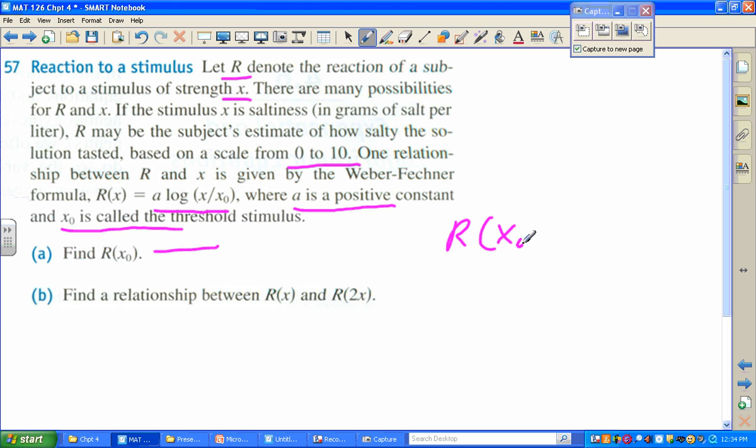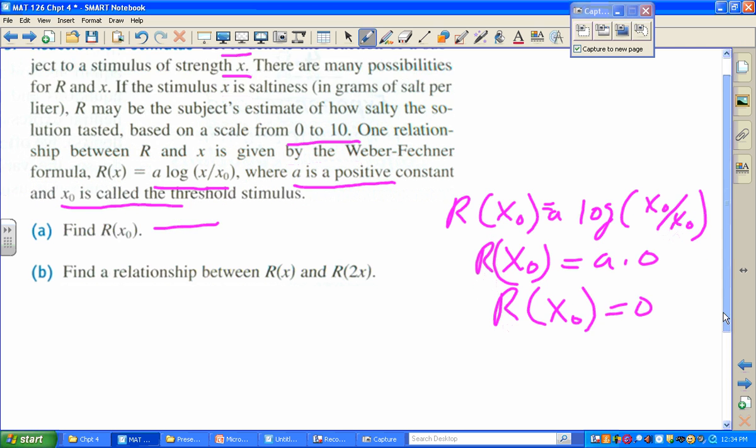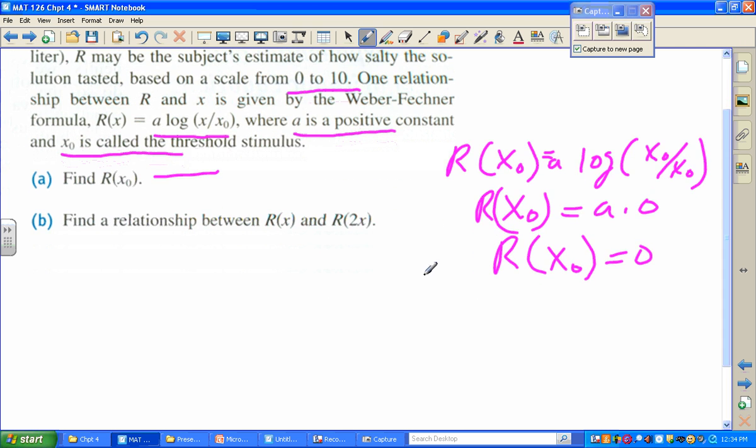Well, R of X sub 0 means you're putting in the initial amount for the X. So you have log of X sub 0 divided by X sub 0. The log of 1 is going to be 0, isn't it? R of X sub 0 equals A times 0. So R of X sub 0 equals 0. Nice. So far, so good? All right, for part B, find the relationship between R of X, which equals A log